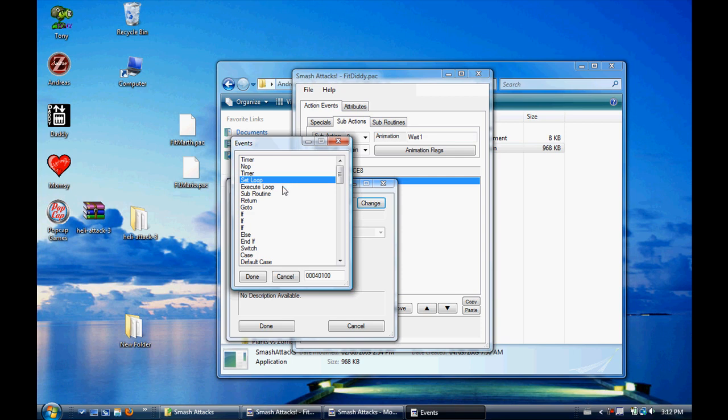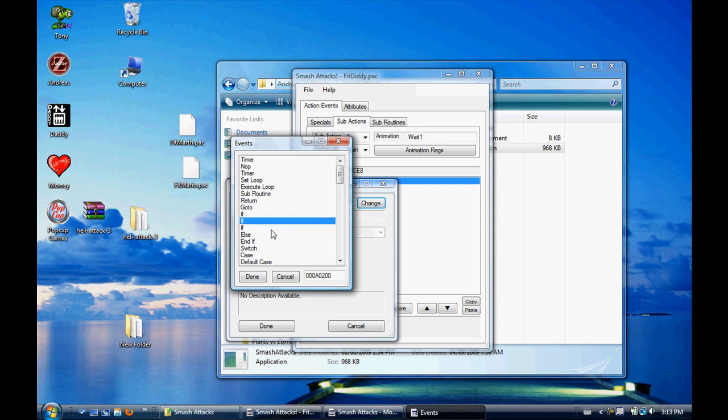Set loop. This is very important with your specials, not really your sub actions, but they do use them a lot too. You have to set the loop that will set it up, then you have to execute it, then everything after that will be executed. These are the other commands below here. So you're going to set it, you're going to execute it, and now these things will happen. So you can execute, you can go to a subroutine, which is these over here. You could return, which is come back from that subroutine. You could go to, I'm not sure what the difference between go to and subroutine is.